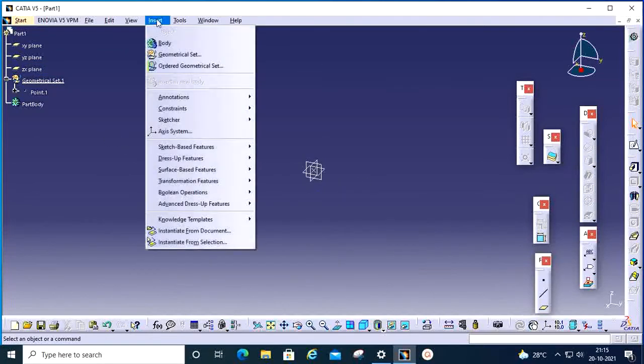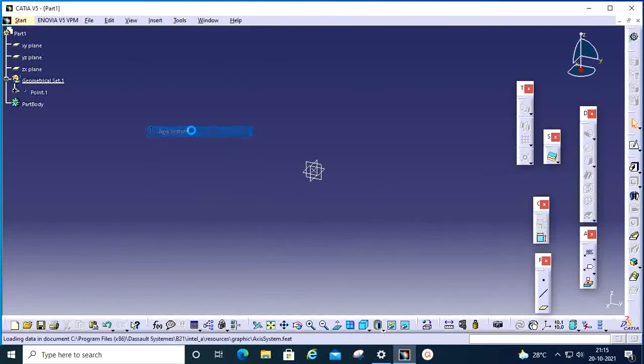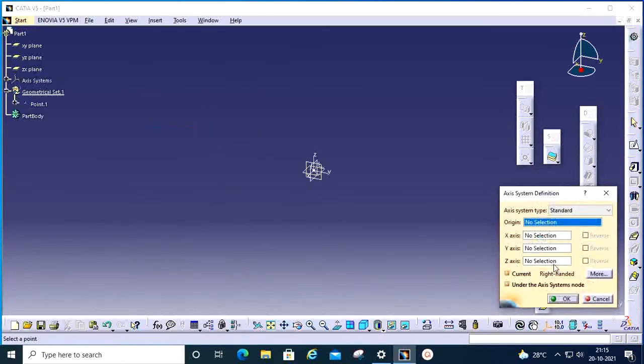After this you have to give axis system. Here it will ask for two options, like under the axis system mode, otherwise you can create the axis system under this point itself. If you check this under axis system mode, you can find this axis system tree here.